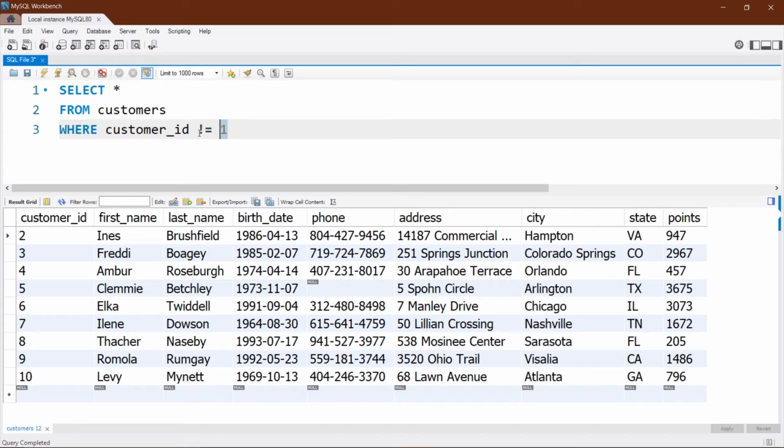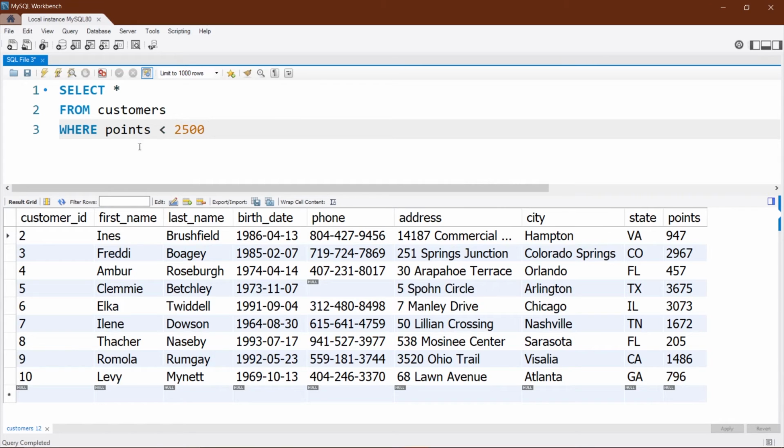So it is going to filter according to the operator that you use with the values and the column names. Here, instead of customer ID, I can use first name as well, last name, date of birth, or anything. In this case, let's see an example. Instead of customer ID, let's say points. Points is smaller than 2500. I'm just going to delete this and give some space here. So where points is less than 2500.